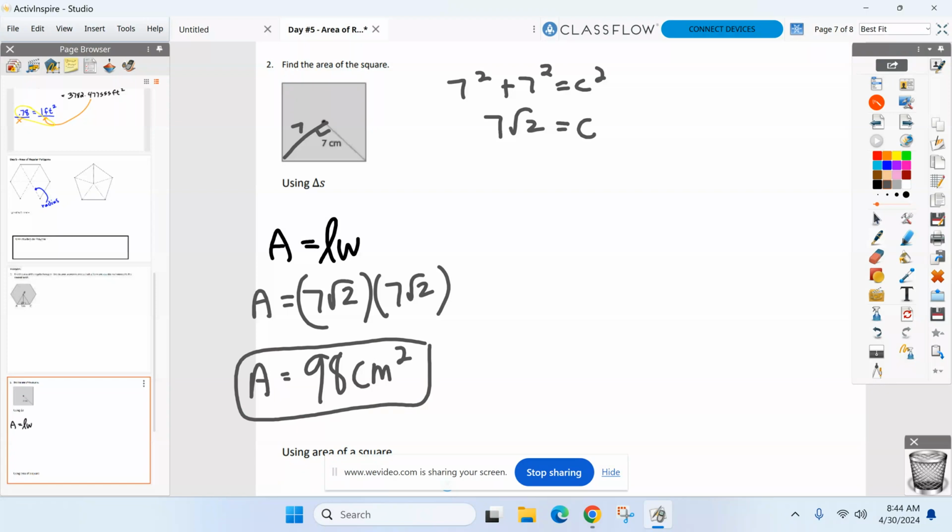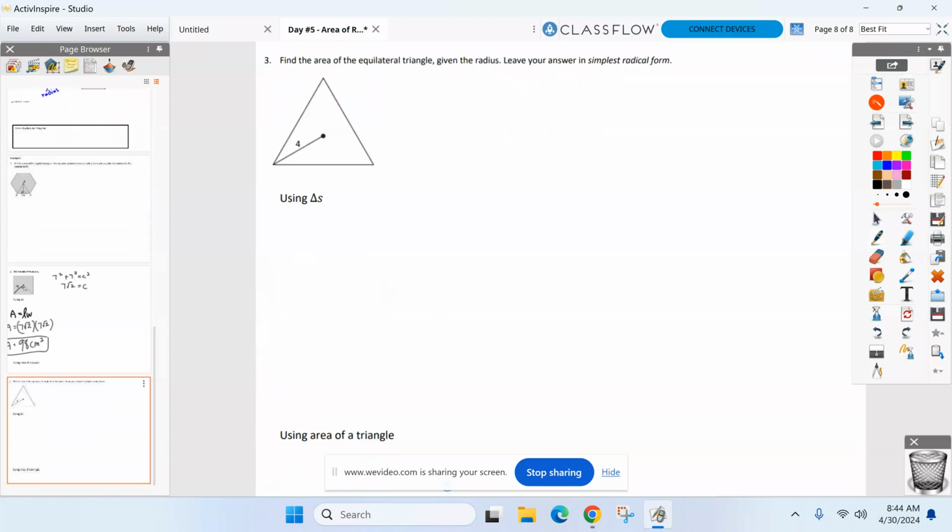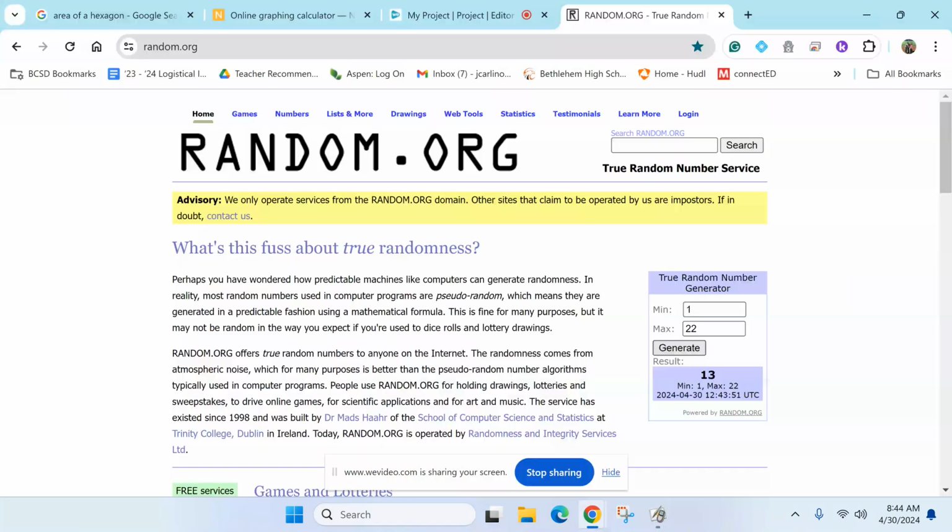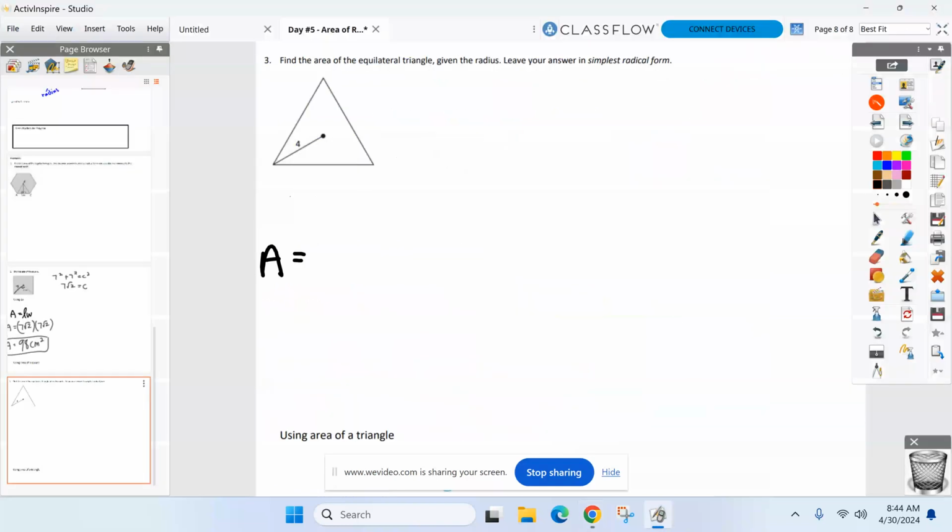All right, next one, number 3, the triangle. Let's go to the triangle now. Again, we're just going to find the area. I'm not going to do it using a different method here. All right, we know the area formula. Triangle area formula. Ooh, Cormac. Good job. 1/2 base times height, but we are not plugging in 4 anywhere there because the 4 is the